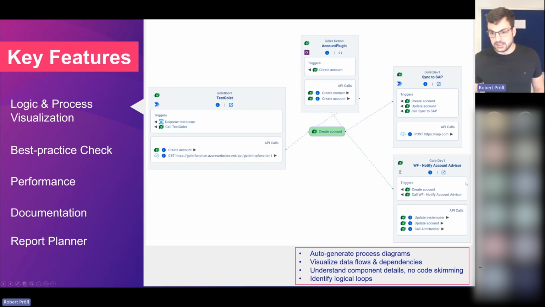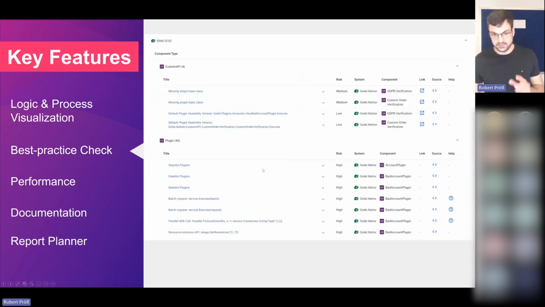But as I said, this is the visualization part. Next, best practice checks. And that's interesting because based on the knowledge that we already have about the system, about the different calls and different dependencies and so on, we can generate a lot of best practice reports. And of course, some of them are based on patterns, some of them are based on advanced algorithms and so on. So different kinds of